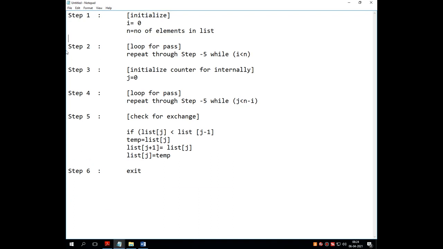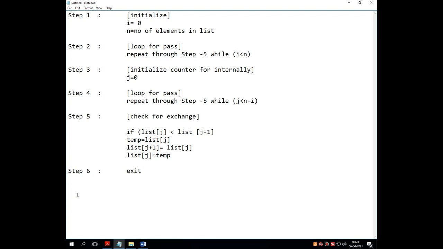Step number 2 is repeat through step number 5 while I less than n. So step number 2 is actually a condition which repeats step number 5 till the value of I is less than n.